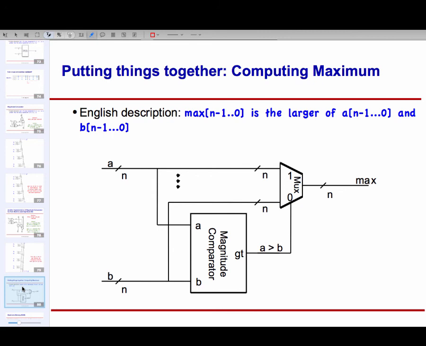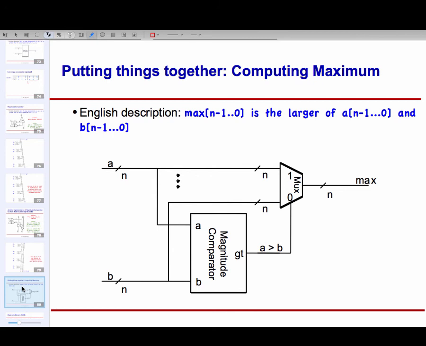So how would you do it in software? Let's say there was no max function available in your library. I give you A and B, and you are writing the max function. Conditionals. Yeah, you say if A greater than B, then return A, otherwise return B. In case of a tie, it doesn't really matter. So I do a comparison, and I'm doing a selection. When I'm saying if, else, I'm really doing a selection. In one case, I'm selecting one, in the other case, I'm selecting the other.